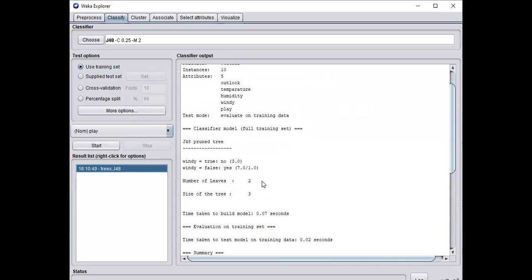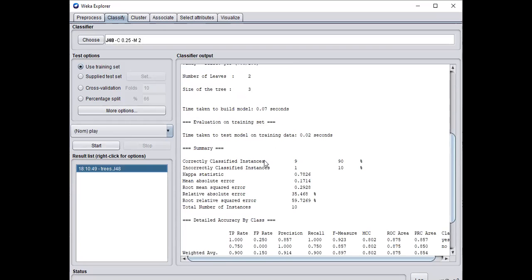That means the decision tree consists of different nodes: the root node, after that some internal nodes that indicate the test condition, and then the size of the tree. The size of the tree here consists of 3 nodes, and that means it gives some of